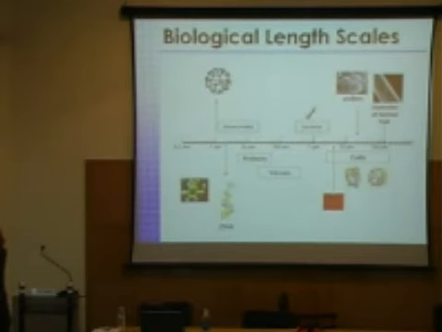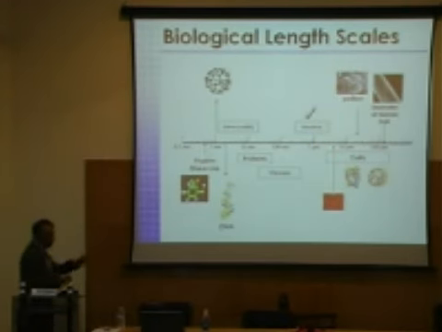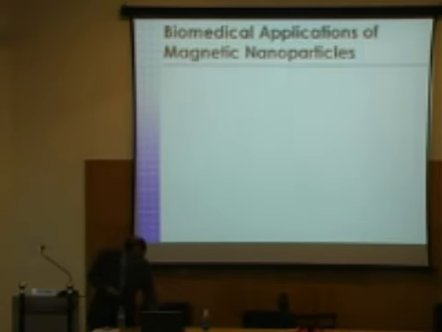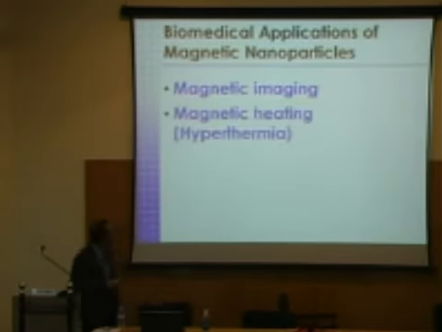Just to give you a perspective of where we are, that is a slide that I borrowed from a colleague from the biology department, which gives you a perspective of where we are in terms of sizes. That's the smallest one, the aspirin molecule. That's the size of DNAs, proteins, viruses, bacteria, and other cells. As you can see, this is where the nano regime can be very important in terms of making materials and drugs that can bind to proteins and DNAs.